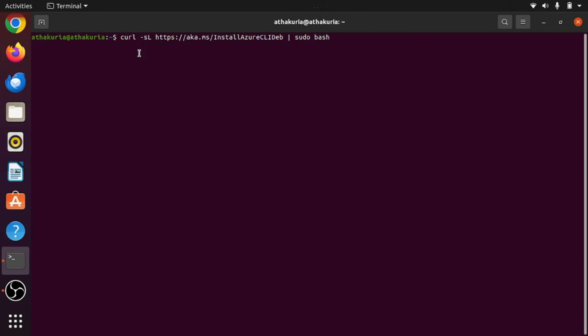Now, so this is the one command, okay, and this is the easiest way to install the Azure